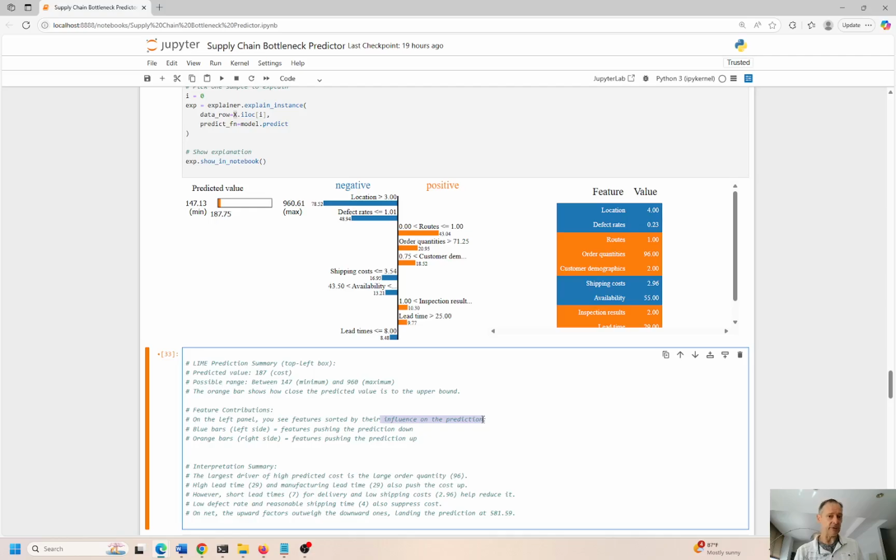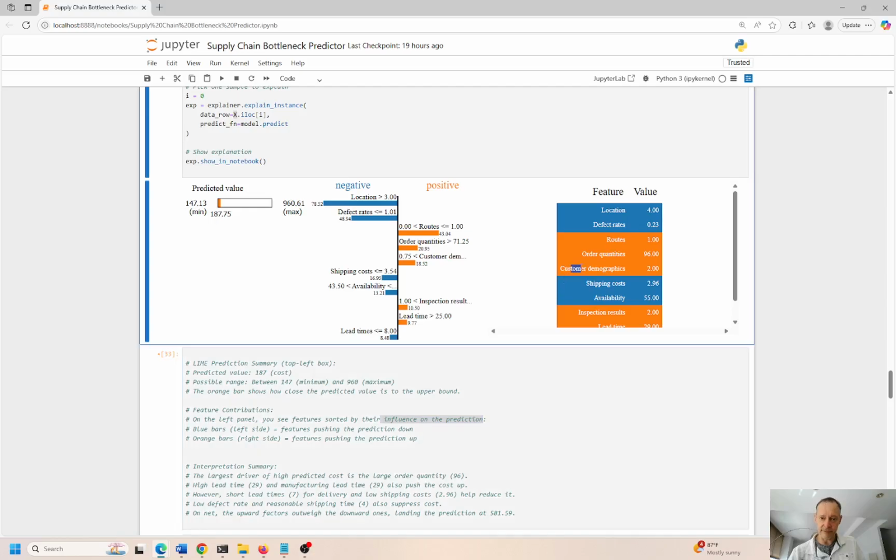Location and defect rates are pulling down the cost. Routes and order quantities and customer demographics, I'm not sure, that's getting cut off. Oh, demographics, I see it over here. Customer demographics are driving up the cost. Shipping costs and availability of products are driving down the cost, especially results in lead times is driving up,